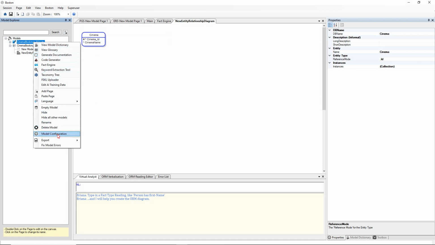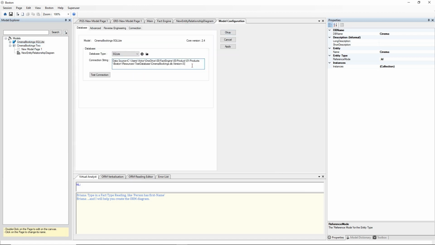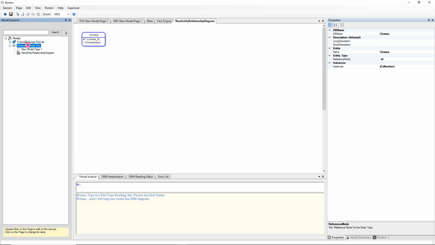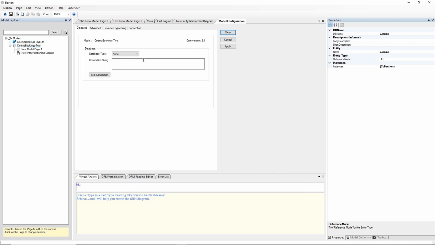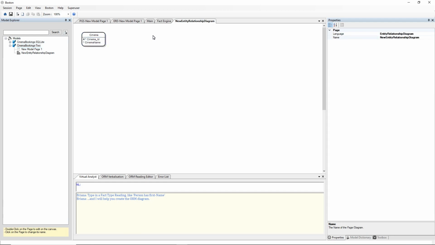We're going to go to the model configuration for our first model and grab the connection string for the SQLite database behind the model and copy that over to our new model. So I'll just test the connection. That's successful. I'm going to apply that, and now if we go back to Fact Engine